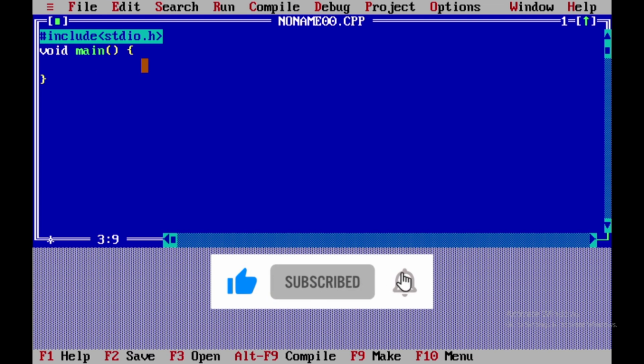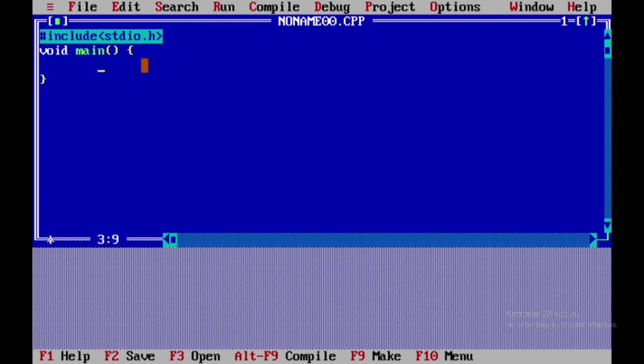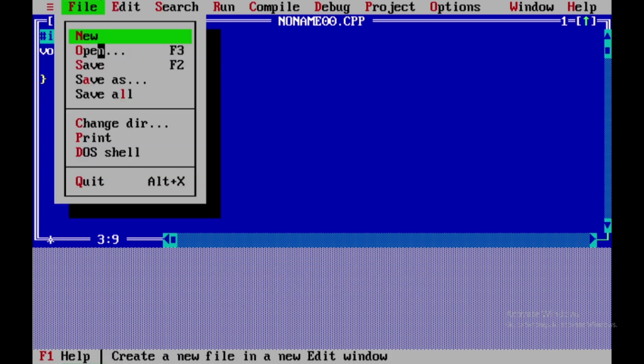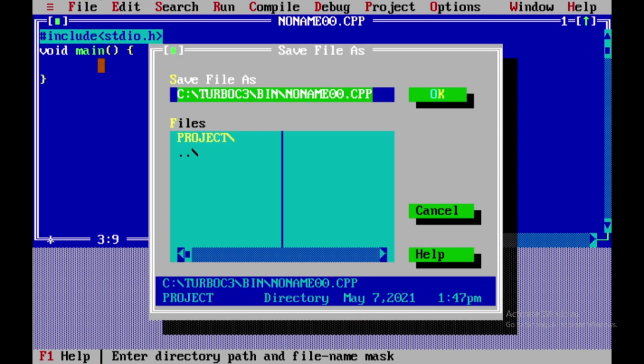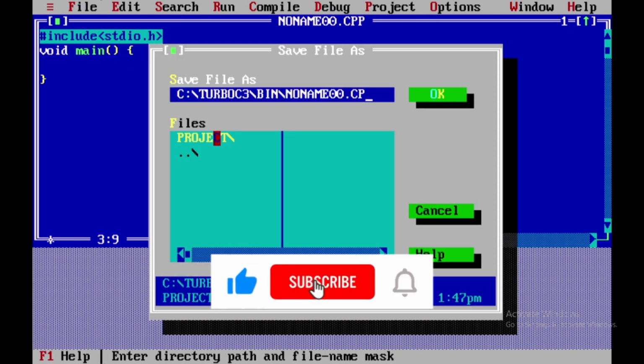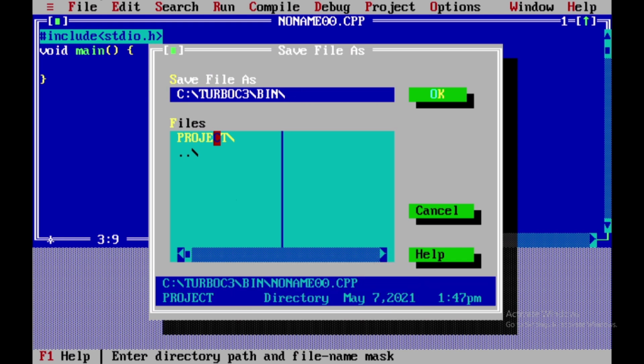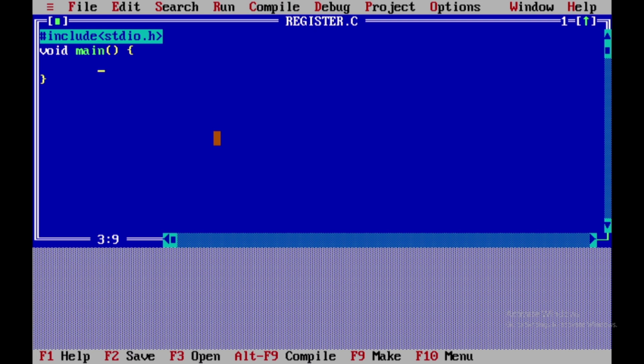The value which we need to store into a CPU's register is known as a register variable, or you can say the register storage specifier we use when we need to store the value in the CPU's register, right? The reason behind that is that in a huge program we have certain values which we use frequently, right?